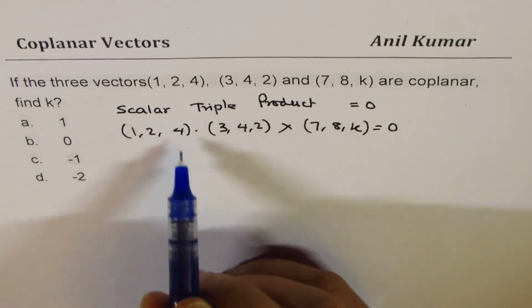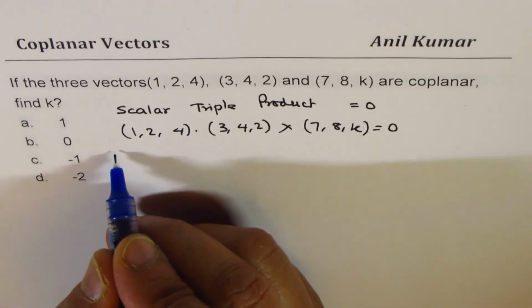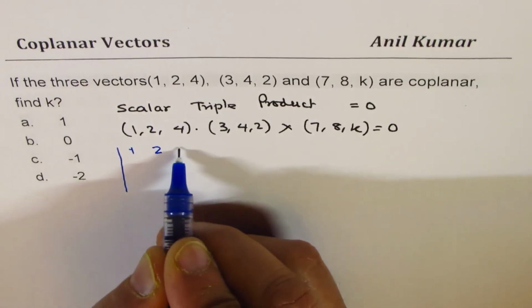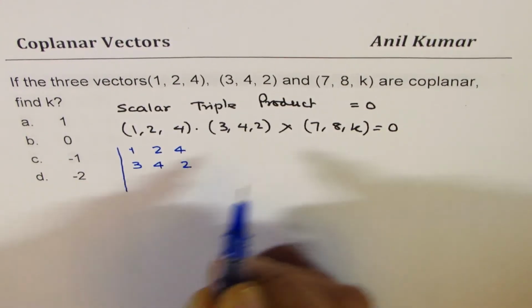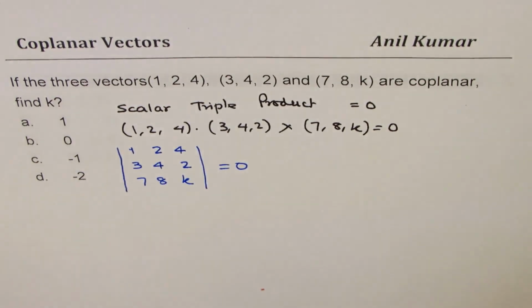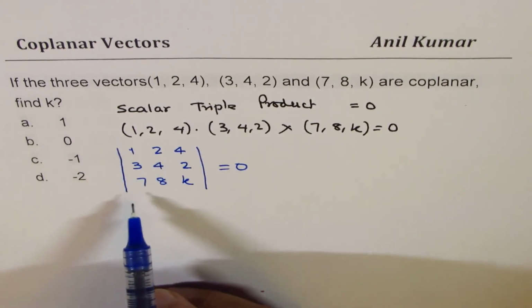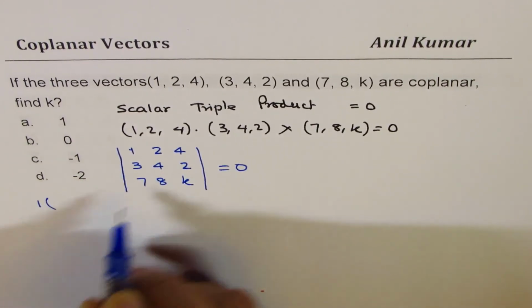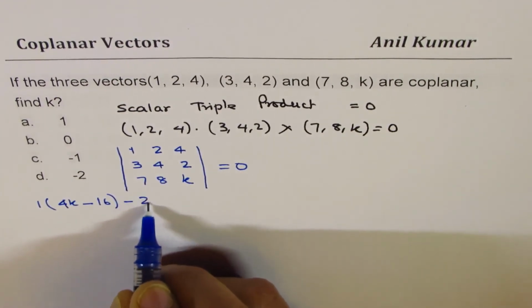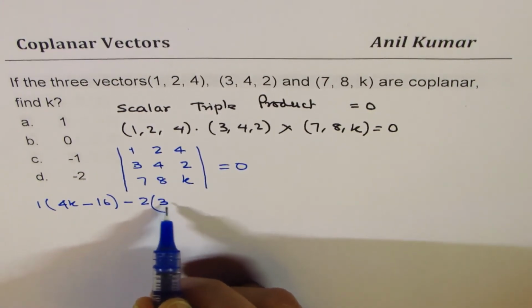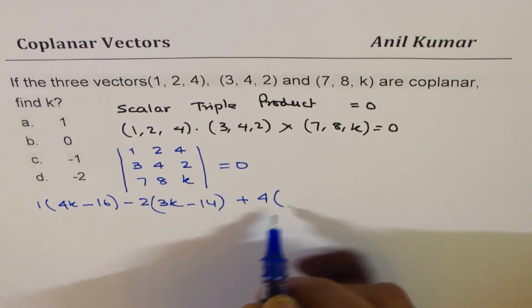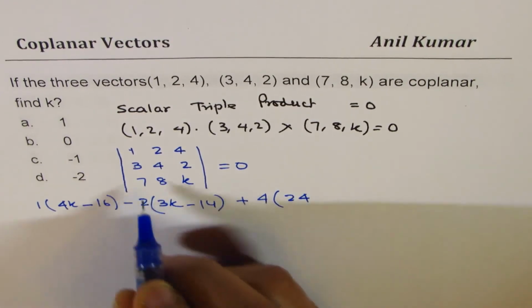So what we'll do is we'll do the scalar triple product. This time I'll use a different strategy. So we could always write it in the matrix form. So we'll say 1, 2, 4, 3, 4, 2, 7, 8, k, and we equate this to 0. Find the value of k, correct? So we'll just calculate this. So let's do it. So we have 1 times 4k minus 16, minus 2 times 3k, 7 times 2, 14 minus 14, plus 4 times 3 times 8, 24 minus 28